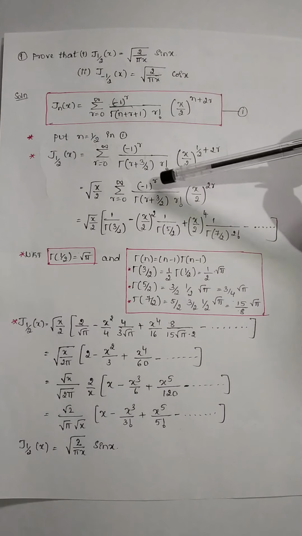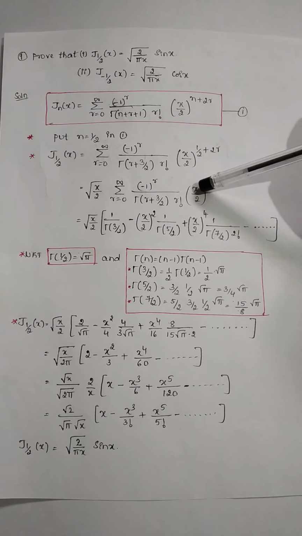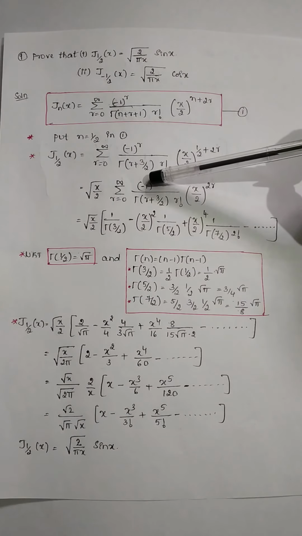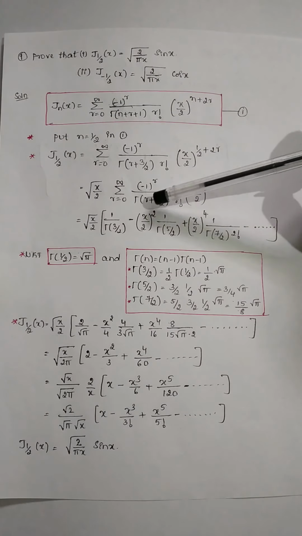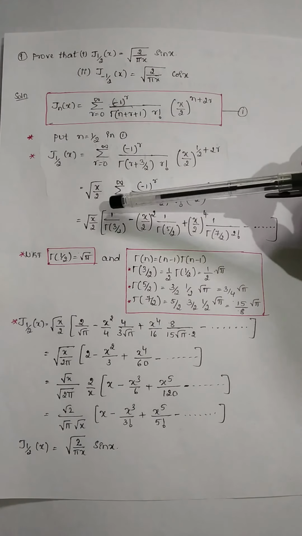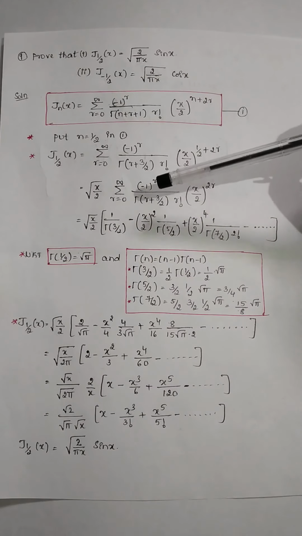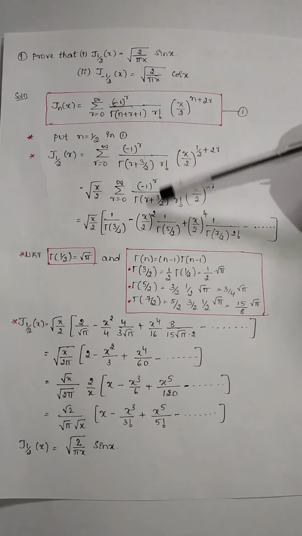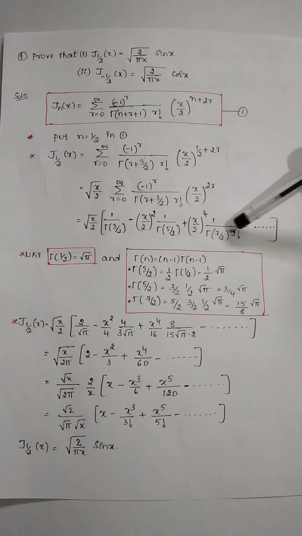Okay, so by putting r equal to 0, you will get minus 1 raised to 0, gamma of 0 plus 3 by 2 into 0 factorial into x by 2 to the power 0. So you will get this term as 1, 0 factorial as 1, and this also 1. Okay, so in the denominator you will get gamma of 3 by 2. So first term is 1 divided by gamma of 3 by 2. In the same way you are putting r equal to 1 to get the second term, r equal to 2 to get the third term, and so on.